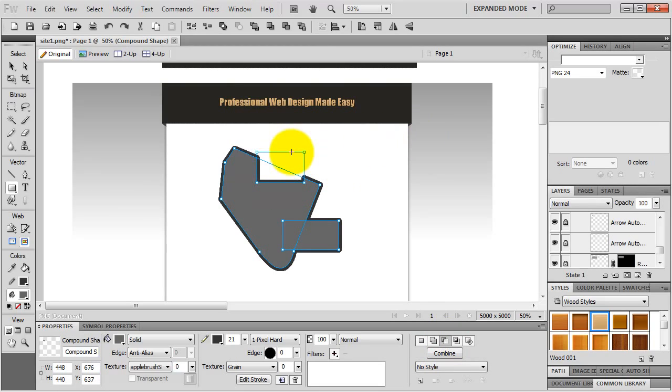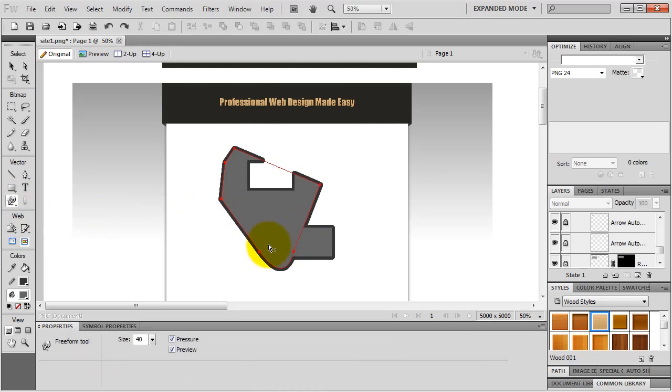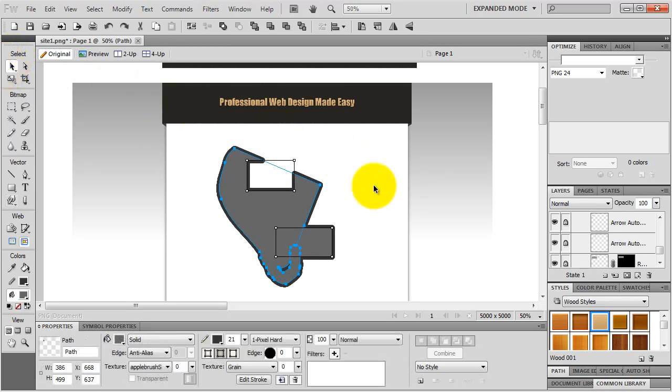And if I grab my sub-selection tool, I can move these rectangles around. Also, I can get my freeform tool and form my object. There we go. Okay, but this was just a quick exercise, so I delete it